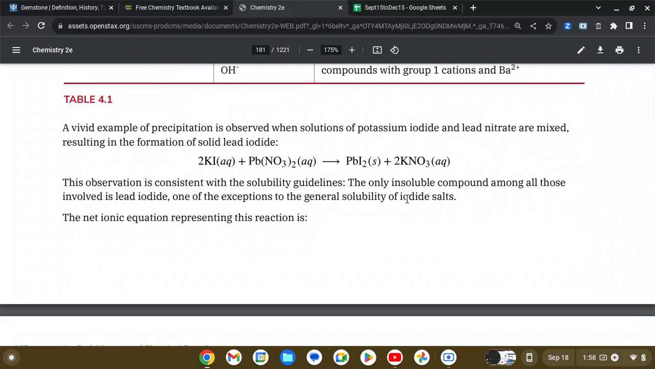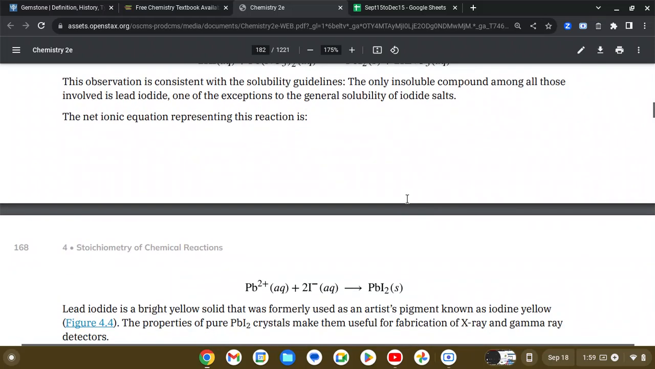A vivid example of precipitation is observed when solutions of potassium iodide and lead nitrate are mixed, resulting in the formation of solid lead iodide. There's the equation. Notice how the lead is in the 2+ form. This observation is consistent with the solubility guidelines. The only insoluble compound among all those involved is lead iodide, one of the exceptions to the general solubility of iodide salts. The net ionic equation representing this reaction is